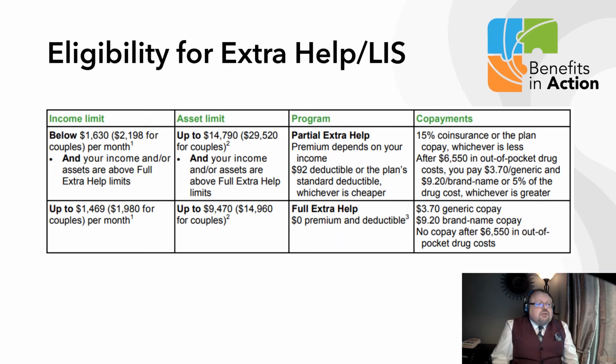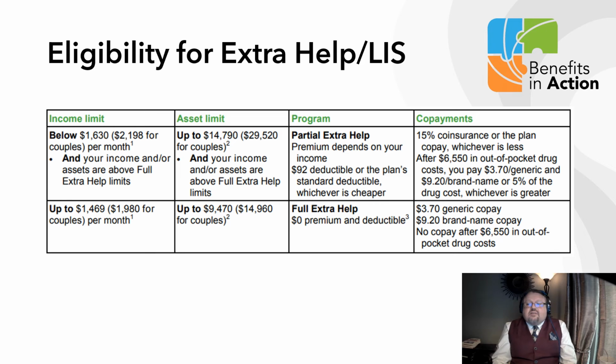For an individual who is earning less than $1,630 and has assets under $14,790, that individual will be eligible for partial Extra Help, which lowers that initial coinsurance rate from 25% to 15%,